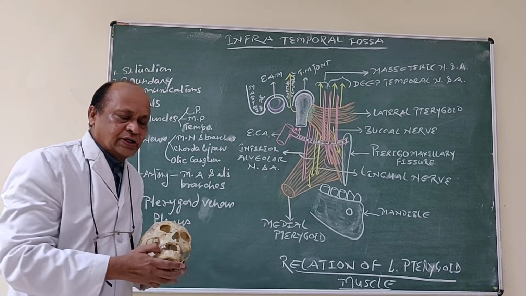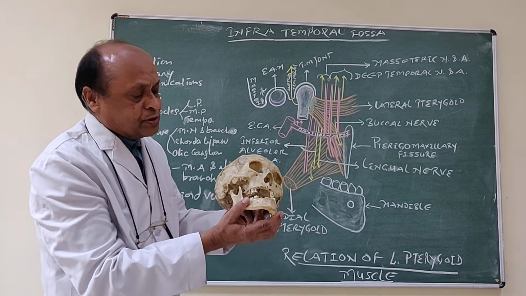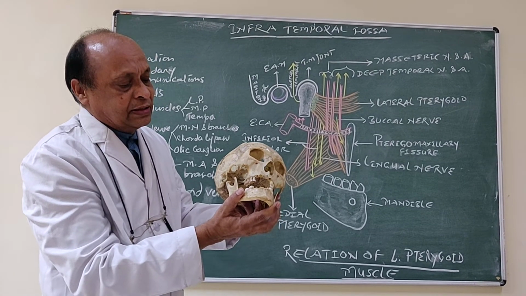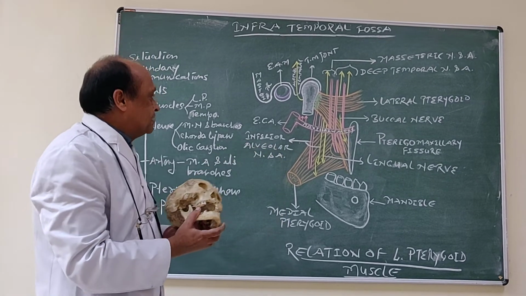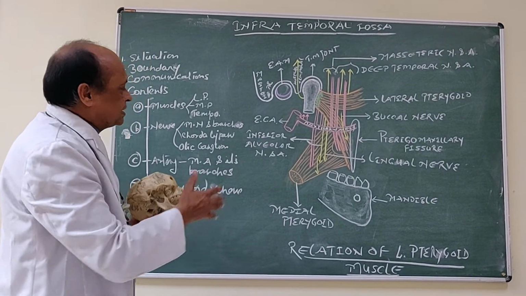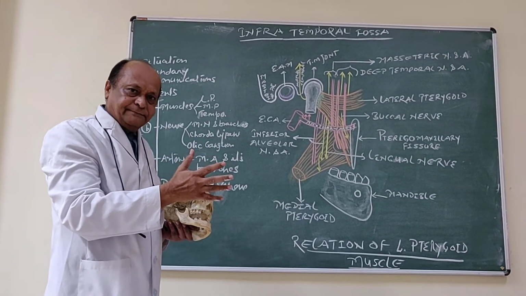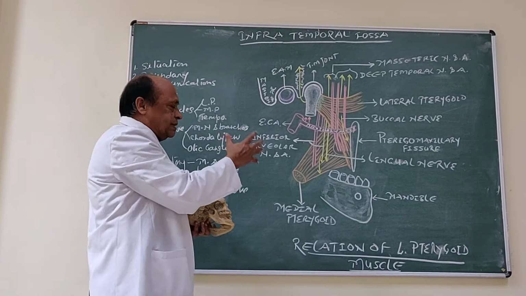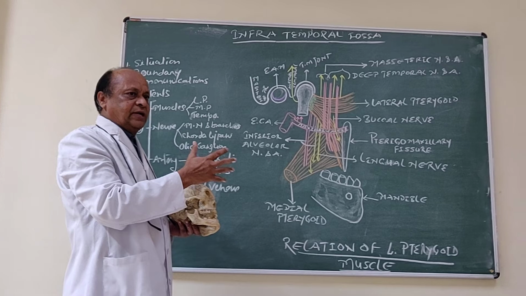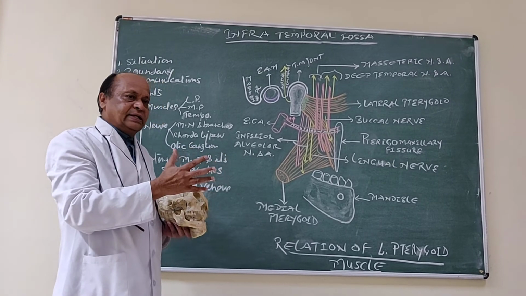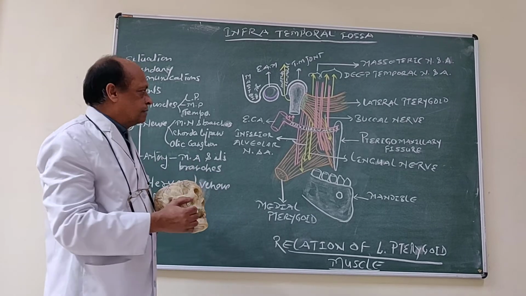Now another very important role is protrusion. Protrusion, as we know, is the forward movement of the mandible beyond the upper jaw, and this movement is by the action of the pterygoid muscles of both sides. When all the pterygoid muscles, lateral pterygoid and medial pterygoid of both sides, are in action, it brings about protrusion of the mandible.